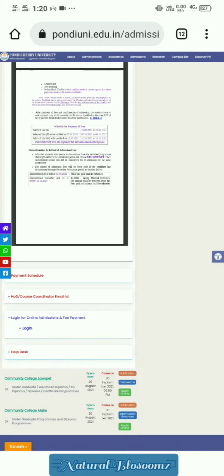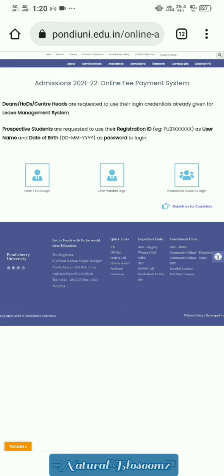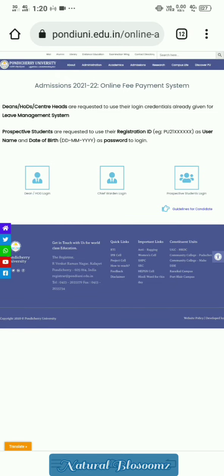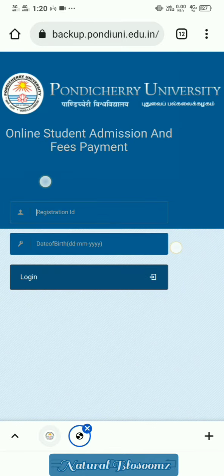Just click here, click on login. Here you see three options: Dean or HOD login, Chief Warden login, and the third one, prospective student login. Here you do all the process. Click on the prospective student login. This page is only accessible to those candidates who were selected in the first selection list.